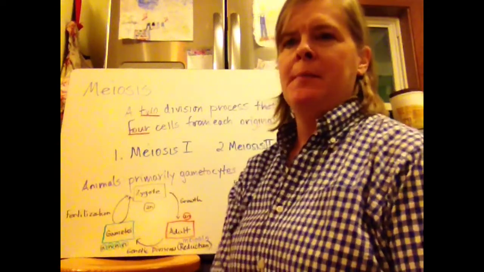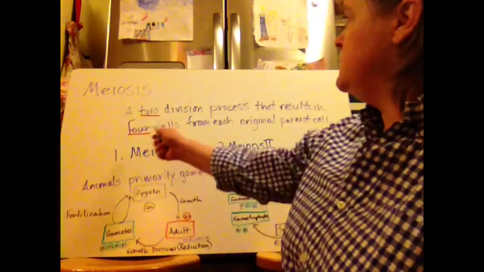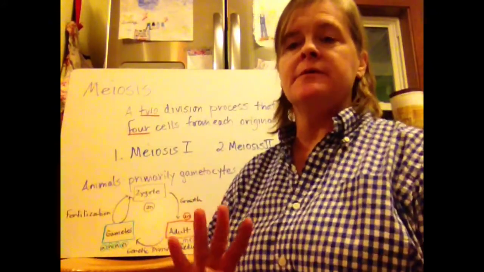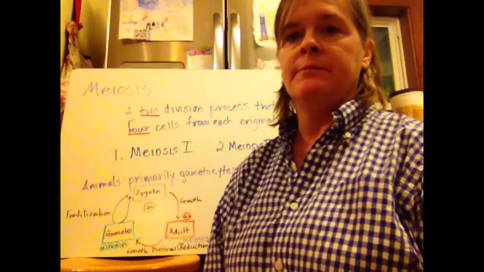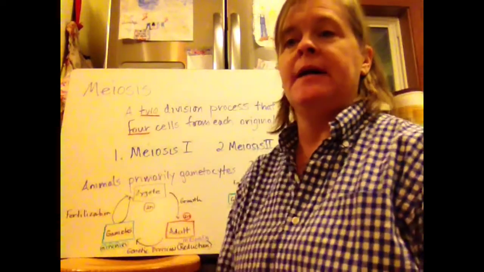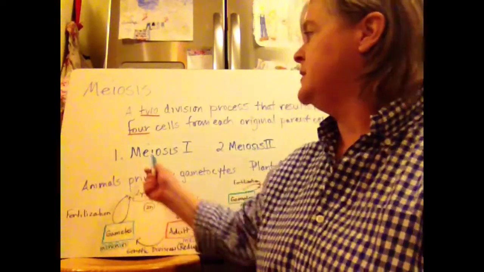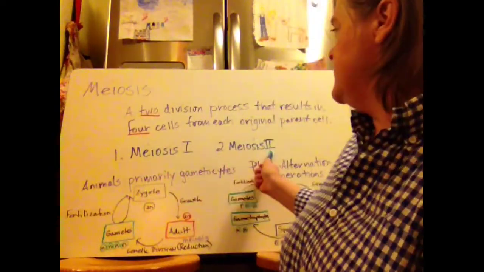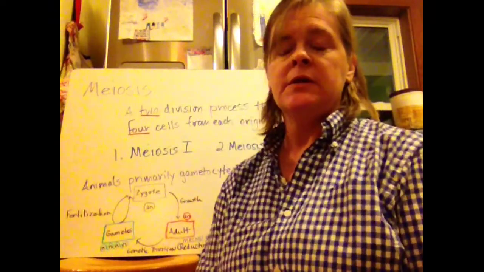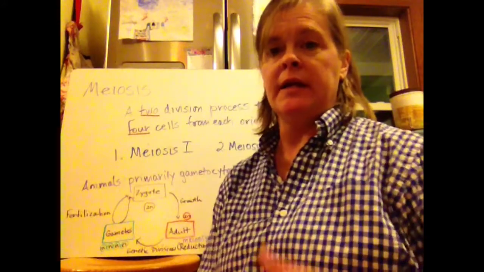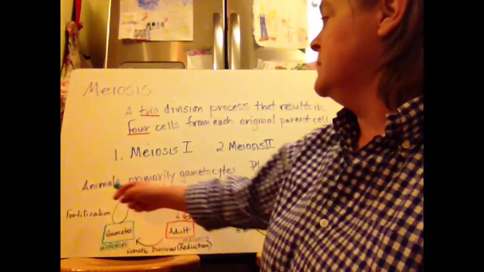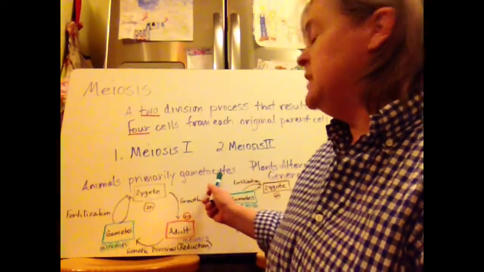Meiosis. Meiosis is a two-division process that results in 4 cells from the original mother cell. Meiosis is divided into 2 phases, meiosis 1 and meiosis 2. Only certain kinds of cells participate in meiosis, and those are animal cells, the gametocytes,